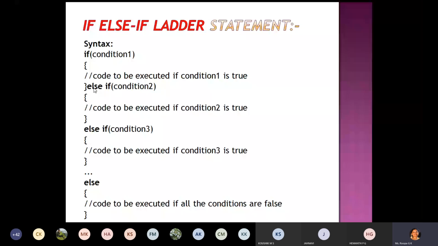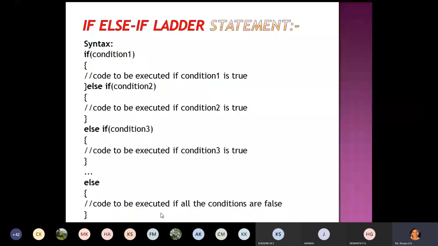If it is not true, then you have a second condition to check. So if the first one is false, the second condition will be checked. If the second one is true, the particular code will be executed. If the second one is also false, then the third condition will be checked. Like that it will continue. If all the conditions are false, then the else part will be executed. It is like a default block of execution.